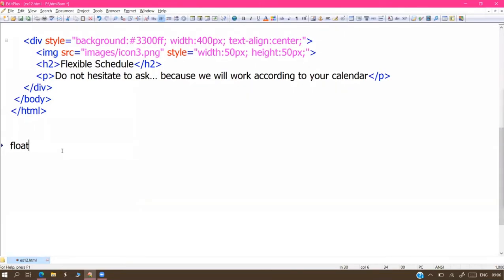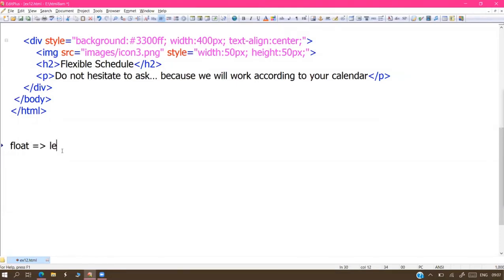This float option is helpful only for block level elements. Block level elements generally come line by line, but we are arranging them in the same line. How is it possible? The same alignments we use here also.